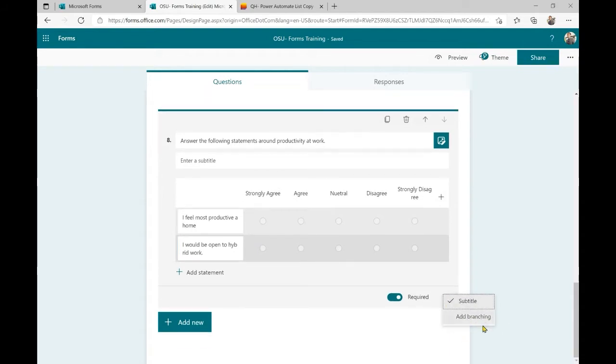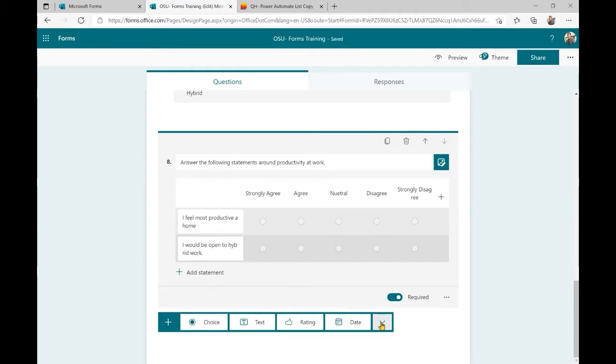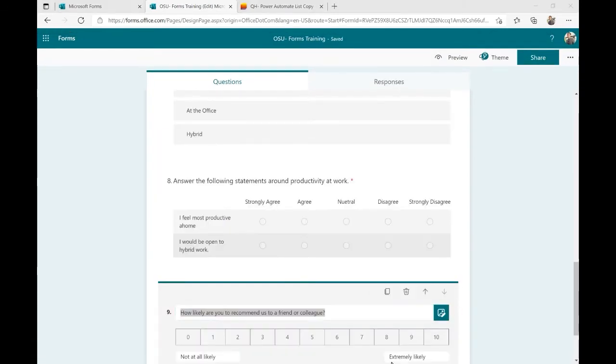And then your only additional option here is subtitles and branching. We don't need a subtitle, although you might want to have one to explain how to properly answer this question. But a person would choose where they most likely lie within these questions or these statements, I should say. Okay. Net Promoter Score. And let me check Q&A before I move on to this. All right.